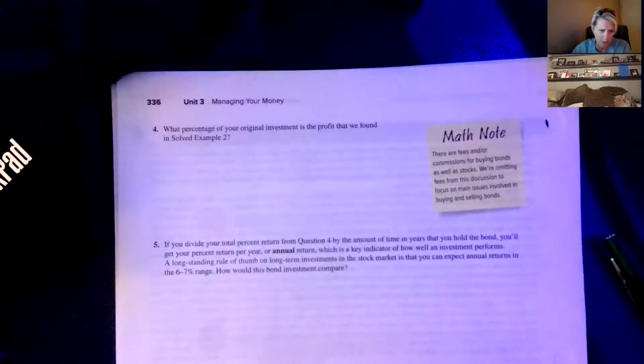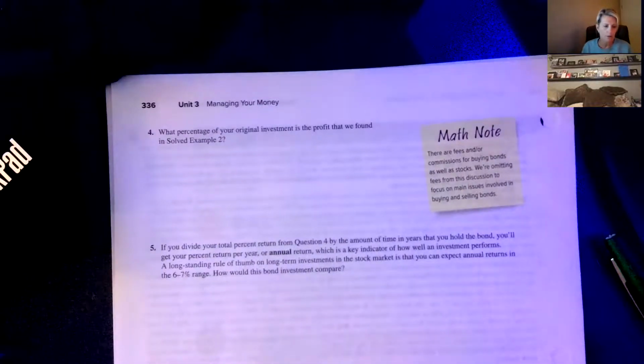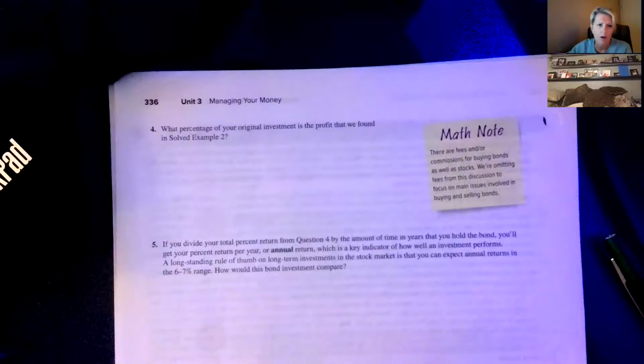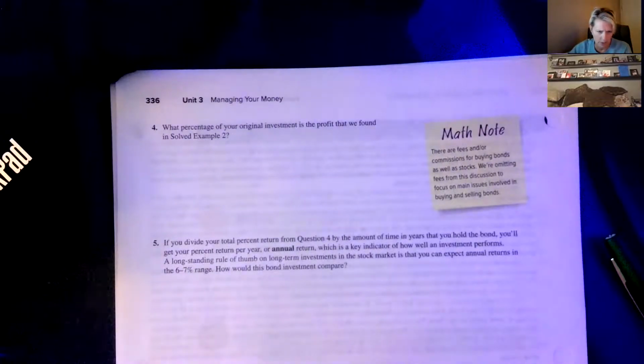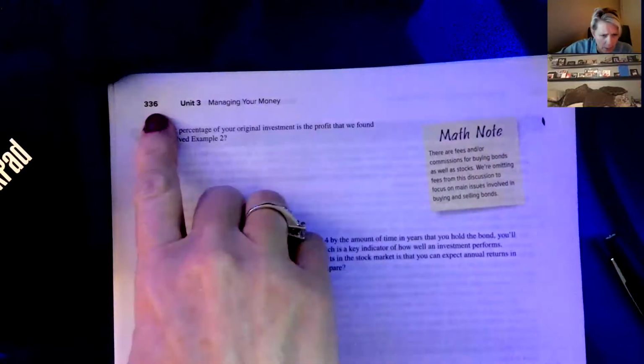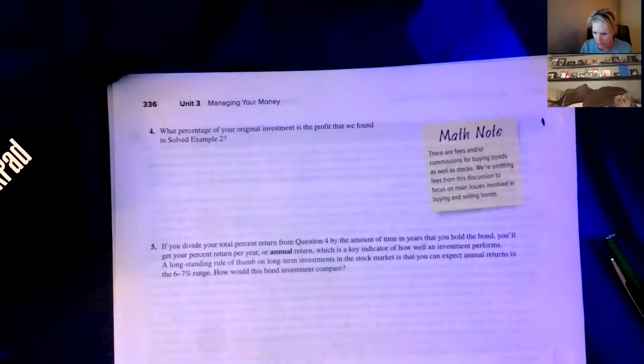Okay, so tonight I'm going to answer worksheet questions, but I'm also going to go back through a little bit more of the 3-5 lesson again for a few students. So we are starting at page 336 on question number 4. And they had just laid out